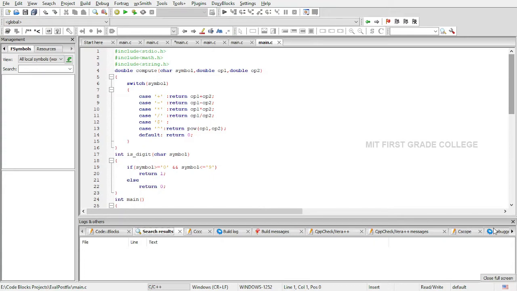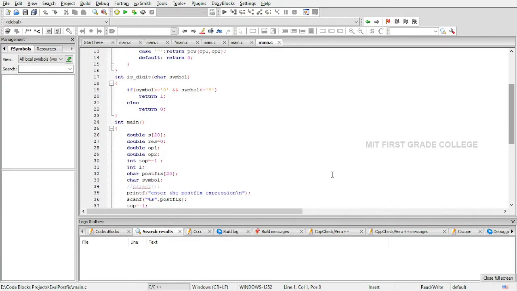For that, we use the mathematical function pow and pass operand 1 and operand 2 as arguments. Depending upon the symbol, the arithmetic operation is performed and the value is returned from the function compute.